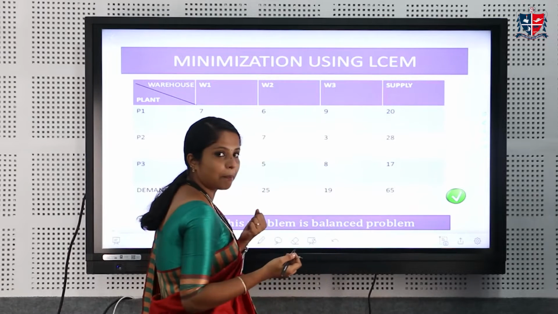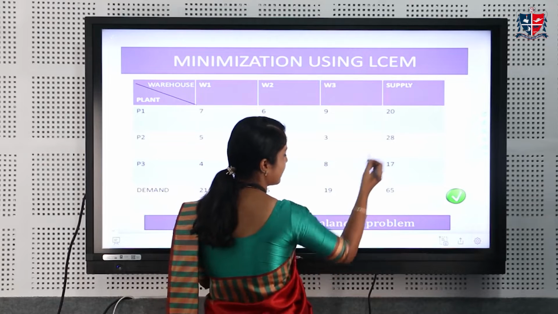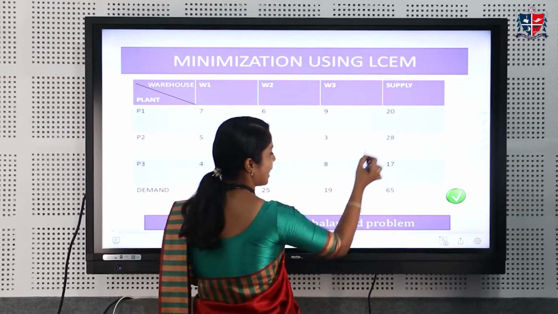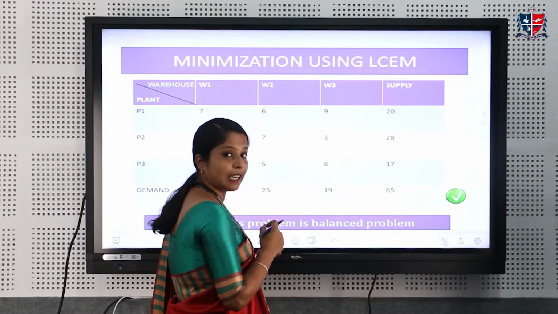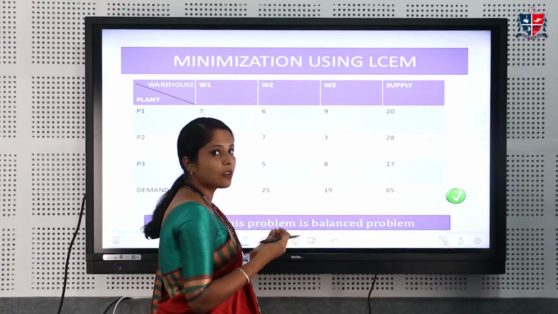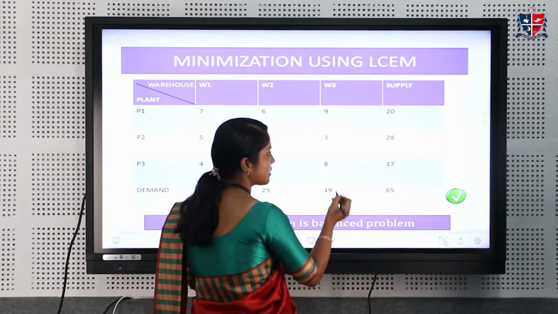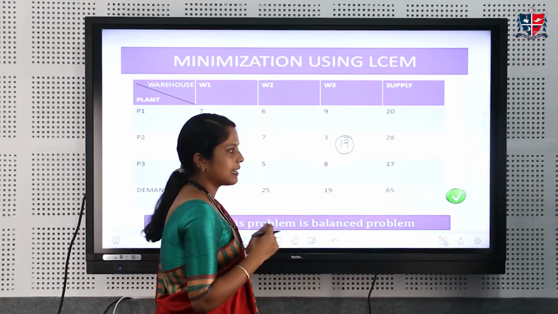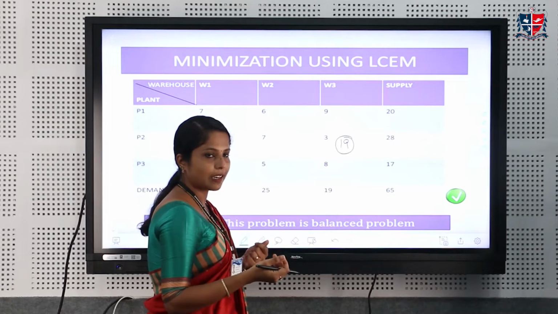Then we have to compare the demand and supply. The demand is 19 and supply is 28. We select the quantity, demand or supply, which is least. So 19 is least, so 19 is to be allocated here. The next step is to adjust the demand and supply.